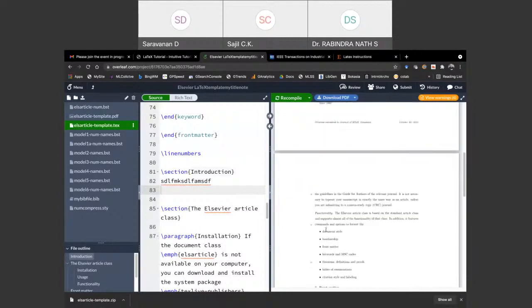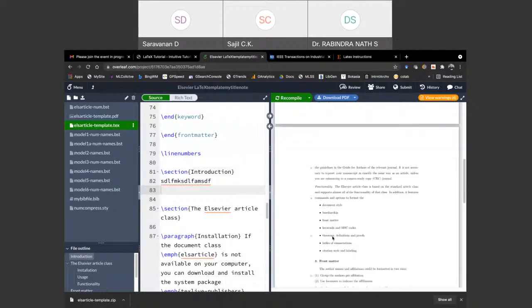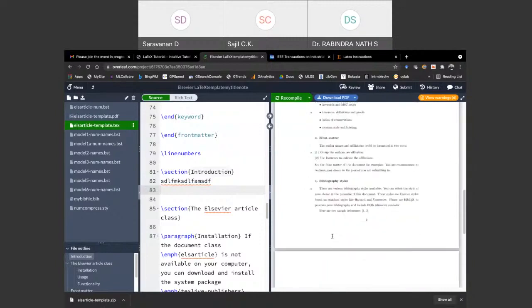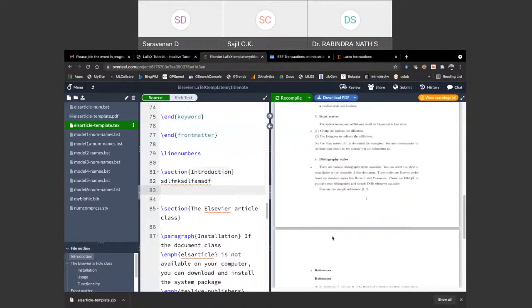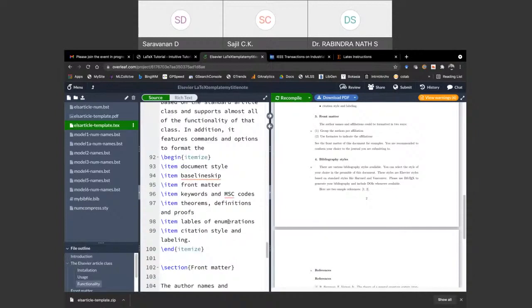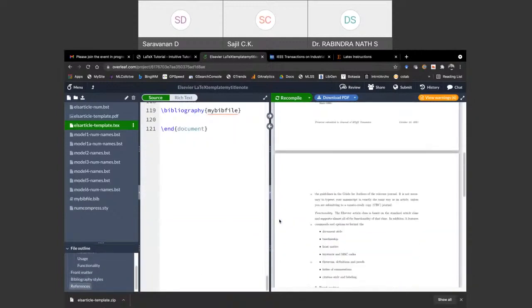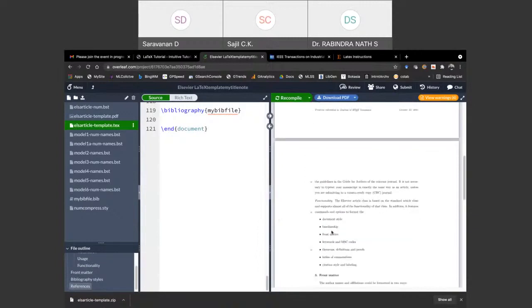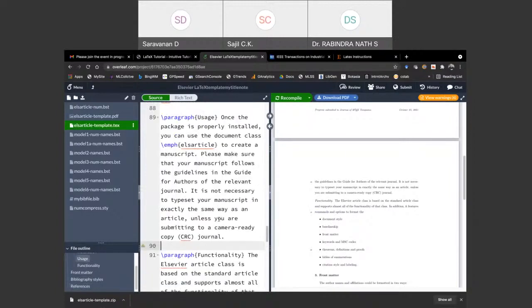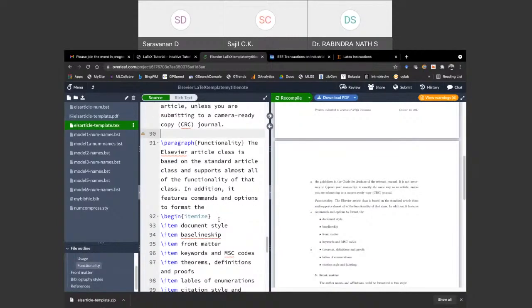For the sake of demonstration, they have shown some examples and some documentation here itself. You can comment it out, if you don't want to delete it and want to refer back to it, or you can delete it and insert only your own content. Here they are showing how to itemize and list things in bullet points. You can select it and go to that part of the source code. These are all just for demonstrating how to do that.